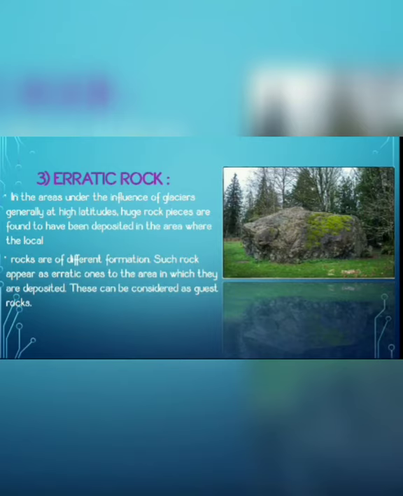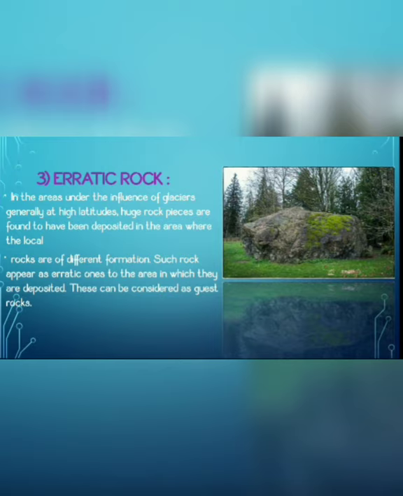Next is erratic rock. In the areas under the influence of glaciers, huge rock pieces are found to have been deposited in an area where the local rocks are of different formation. Such rocks appear erratic to the area in which they are deposited. These can be considered guest rocks.